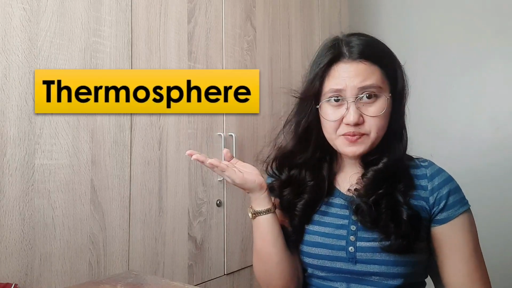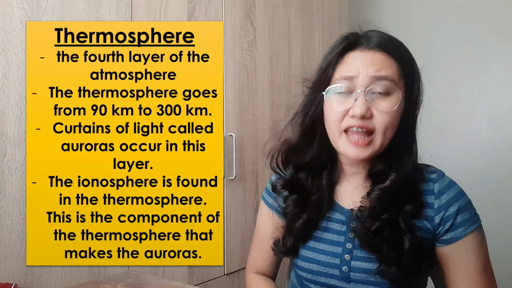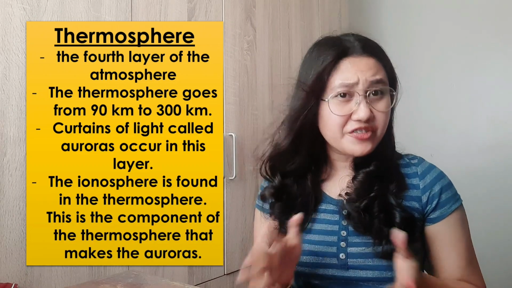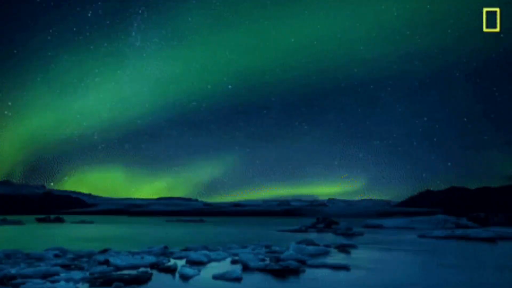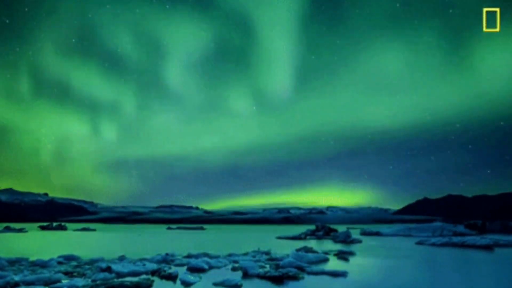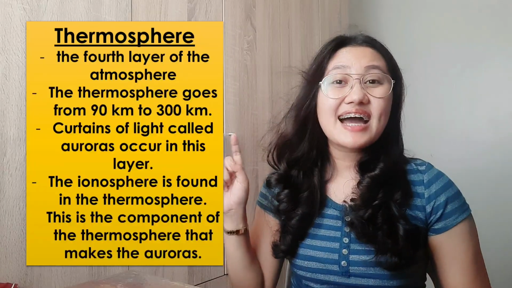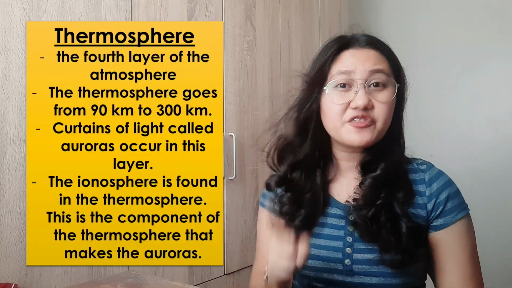Okay, so let's proceed with the fourth layer of the Earth, which is what we call the Thermosphere. Ang Thermosphere, that is the fourth layer of the Earth, which goes from 90 kilometers to 300 kilometers. And are you familiar with the term auroras? Ayan, ito yung mga auroras na tinatawag din curtains of lights. These curtains of lights, which is called the auroras, natatagpuan ito sa Thermosphere, which is the fourth layer of the